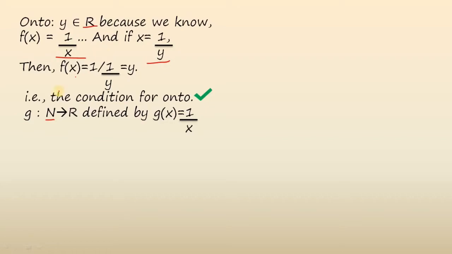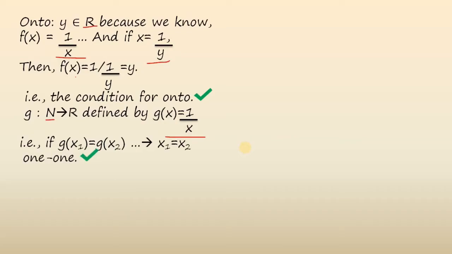Now there was a second part for the question, okay, which said replace your domain with natural numbers. For the first part we had real to real, now we have natural to real numbers. So we'll see what kind of difference it makes. So it is defined by the same function, g(x) = 1/x. So now let's see if it's 1-1. So similarly, we just have to see if g(x1) is equal to g(x2) and if x1 is equal to x2. So if you substitute there, 1/x1 will be equal to 1/x2. That means x1 is equal to x2. So it is 1-1.